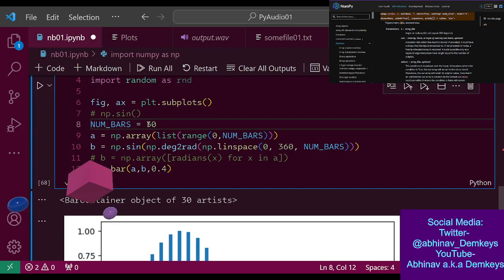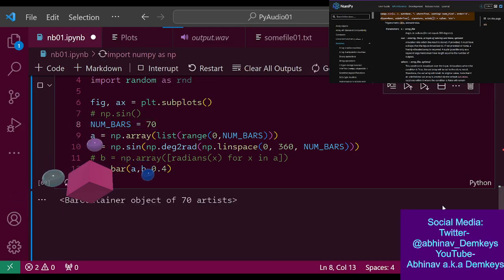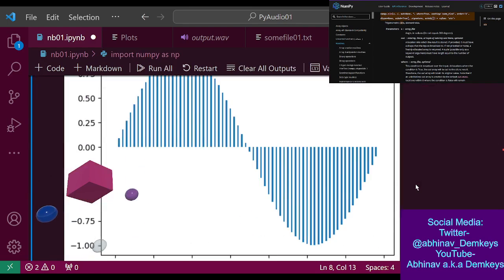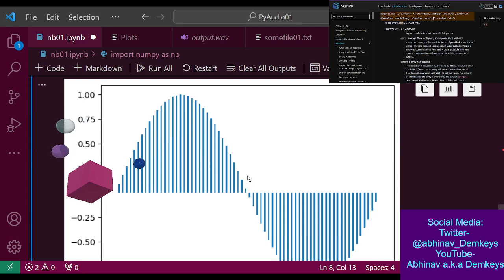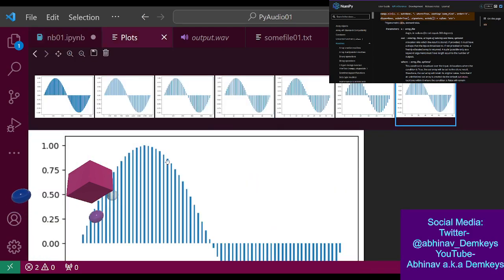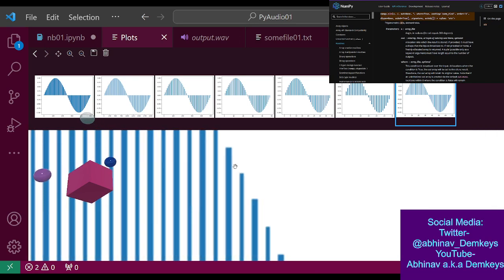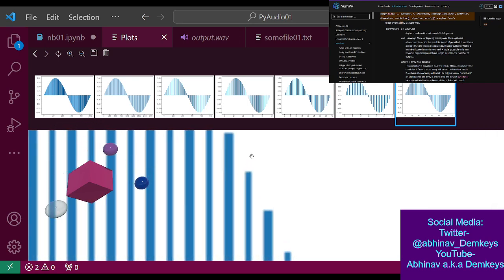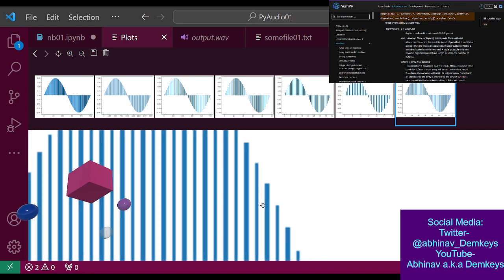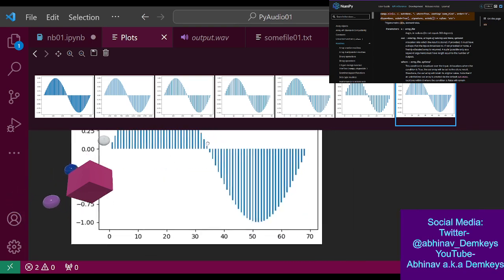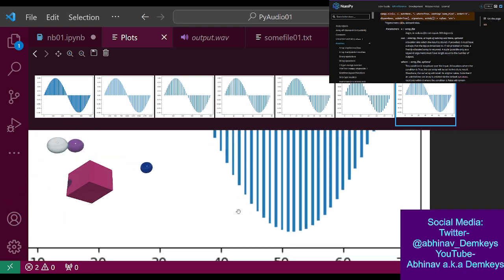Okay, so let's increase it to 60 or, okay, 70. At 70 it also makes sense, but the lines are slowly becoming weird. Or maybe it's just, hold on, I'm curious about the spacing here.